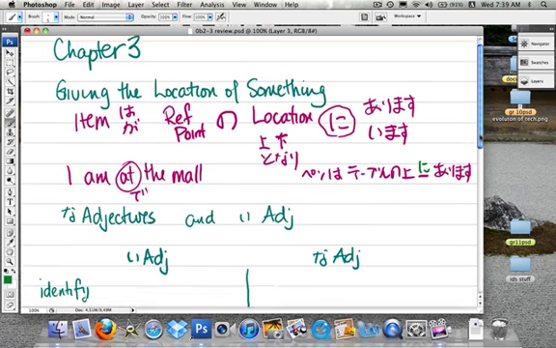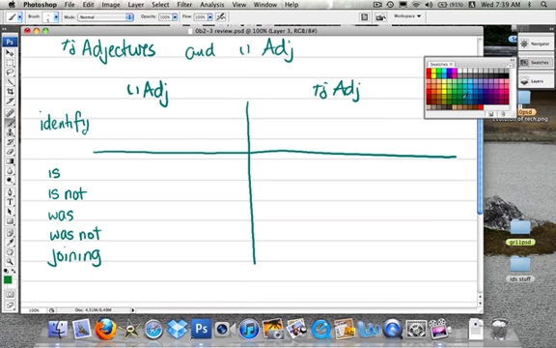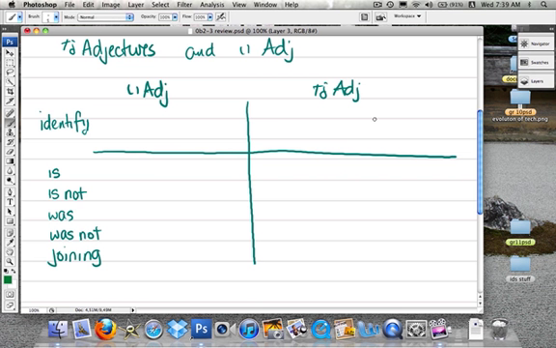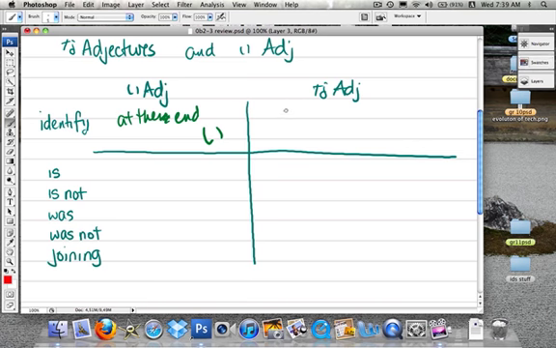The other thing that we took a look at in Chapter 3 is the idea of i and na adjectives. So I just wanted to give a quick review of i and na adjectives. I adjectives are easy to identify because at the end there is an i that you can actually plainly see there. For na adjectives, at the end of the word,